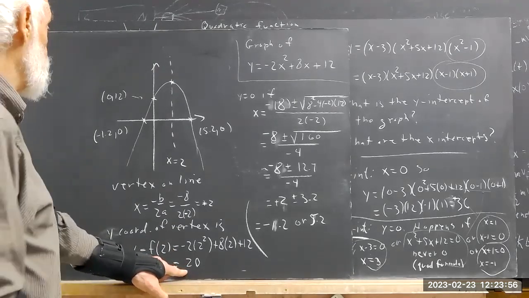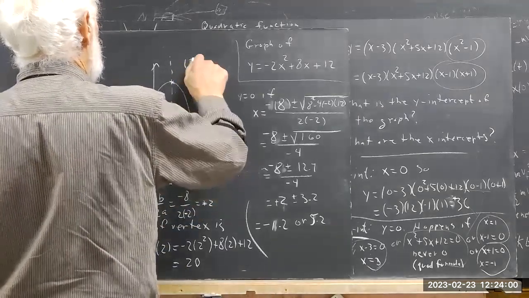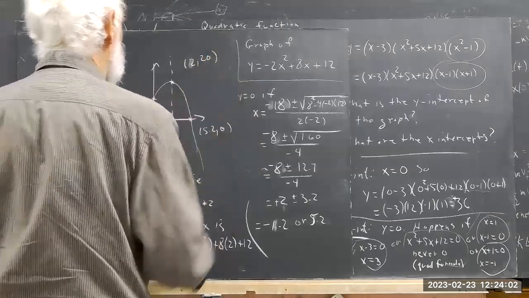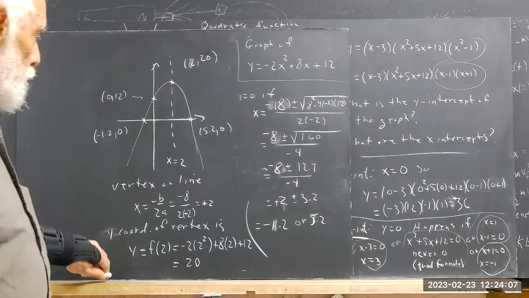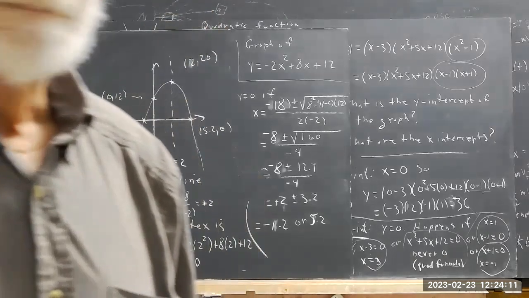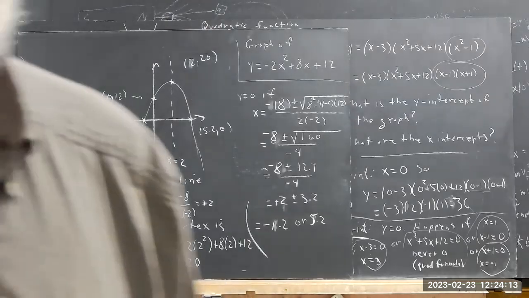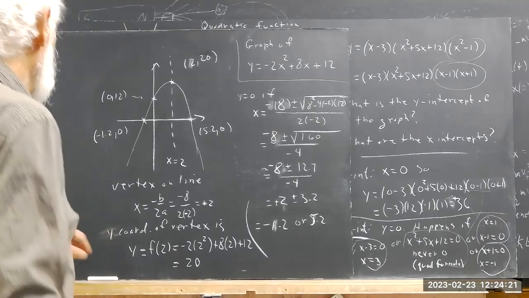Okay, the vertex is at the point (2, 20), and that's kind of everything you would want to know about this graph at the level of this course. In calculus, you do more with it. So it's a really important graph, a really important idea. If you've got to leave, we're 3 minutes over. I'll just say that